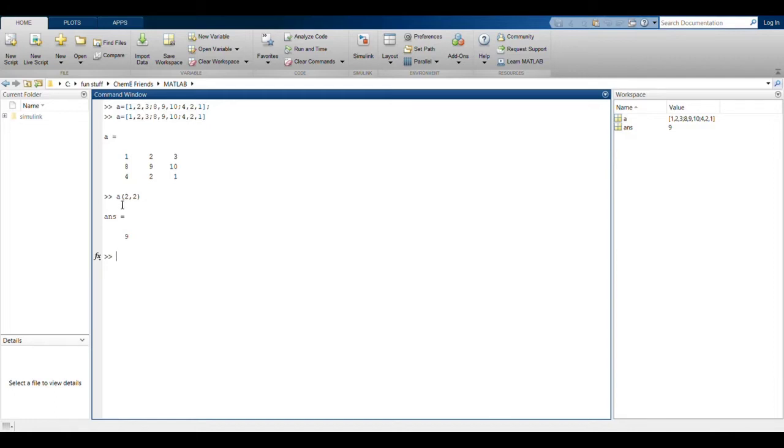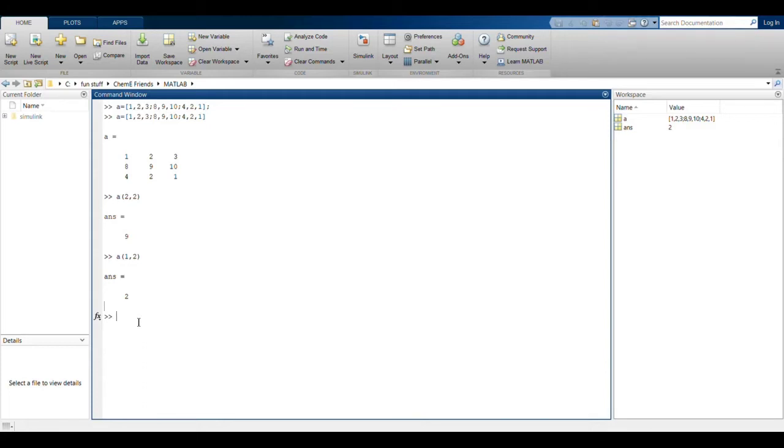Now another thing which I want to say is whatever your latest command is, its output as well gets saved in your workspace. So in this case, ans equals 9 because our latest value is 9. For example, I change it to A(1,2), which is the first row and the second column. You can see ans equals 2, and the answer in the workspace gets replaced with the value of 2. It was 9 previously.